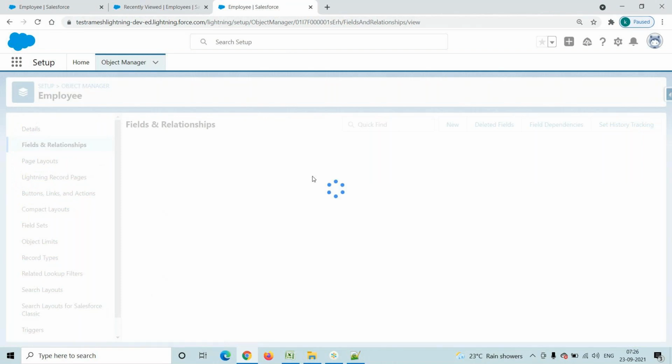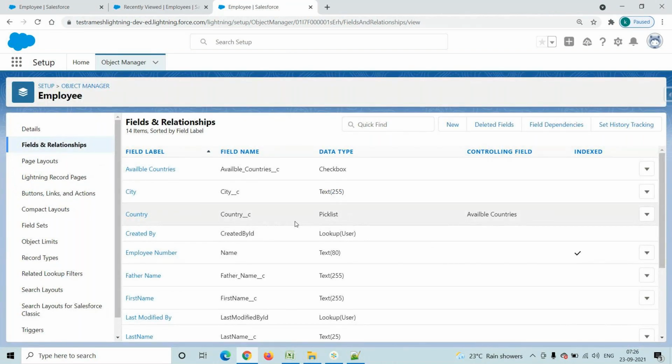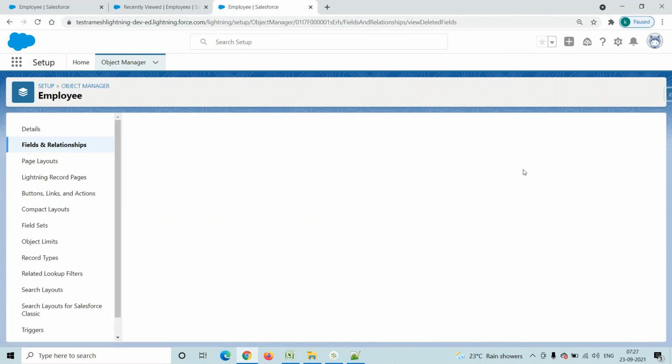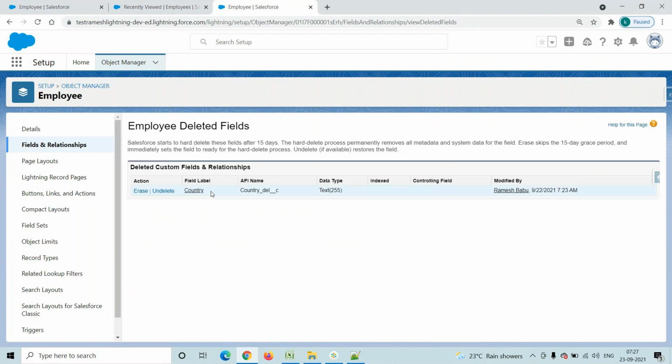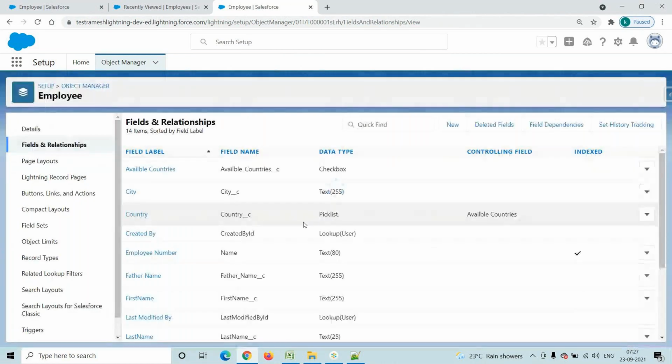And now coming in here, at the start of this session we deleted one field, right? So now go to your deleted fields. Click on the deleted fields. Suppose we delete one field, it will not be permanently deleted, it will stay here only. You remember, at the start of this session we deleted one field. That field is country, the data type is text, which we created yesterday. How did we delete it? Go to the same row, click on the delete button. Yes, it is deleted.